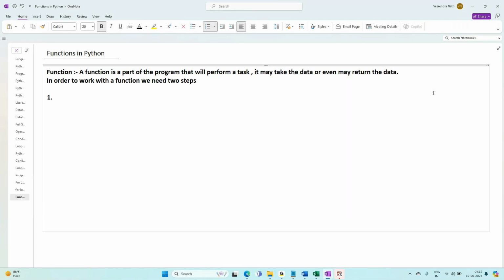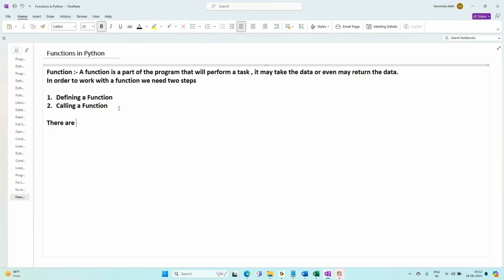One, defining a function. Next, calling a function. So first is defining a function and the second step is calling a function. We will understand these two, but first of all let us understand